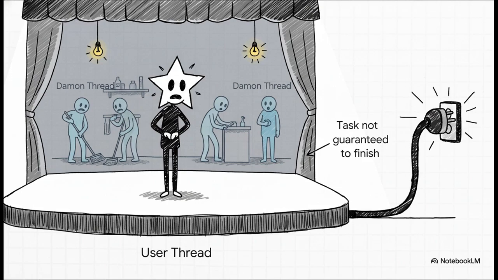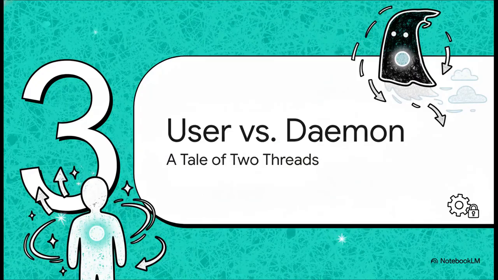Think of them as the roadies for a rock band. They're working while the main show is happening. But, and this is so important, there is zero guarantee they'll finish what they're doing. The second the main show is over, boom, the lights go out and they're done. Now, to really understand our suspect, we've got to put it in a lineup next to its counterpart, the user